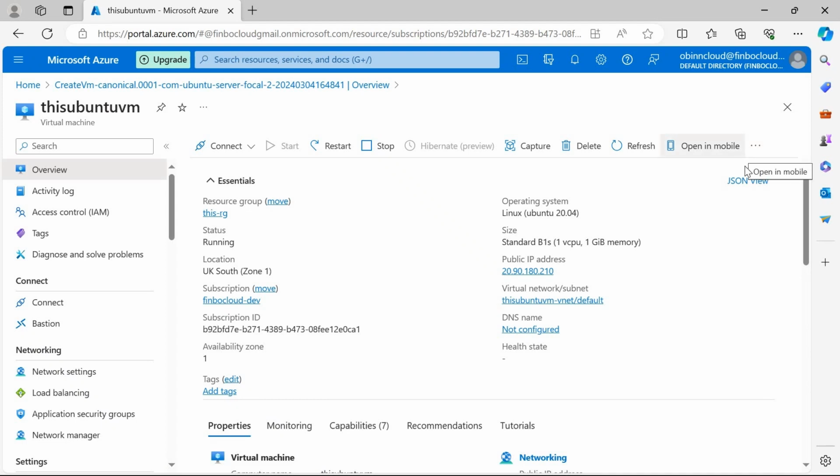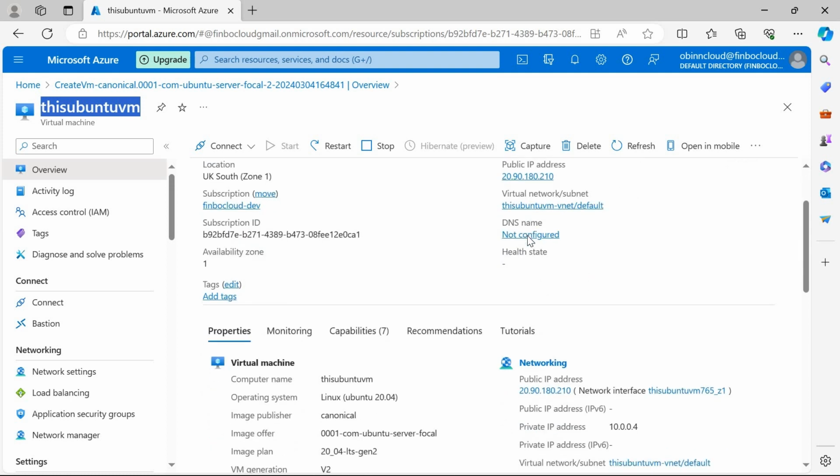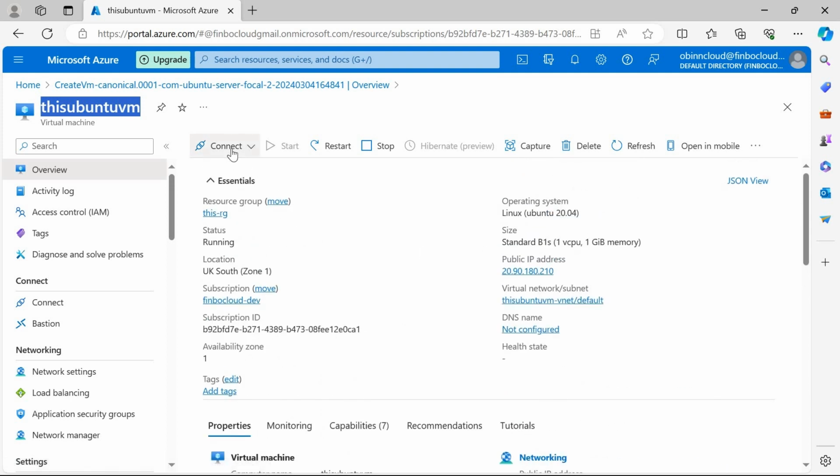In this tutorial, we are going to learn how to connect to an Ubuntu Virtual Machine via OpenSSH on your Windows machine. So I will assume you have created the virtual machine, and if you want to learn how to create an Ubuntu Virtual Machine for beginners, I made one course for that. So you're expected to have created this virtual machine, and to connect to it via OpenSSH, we click on connect,